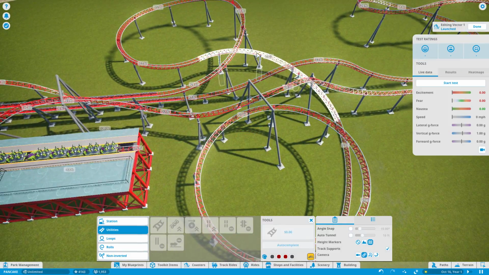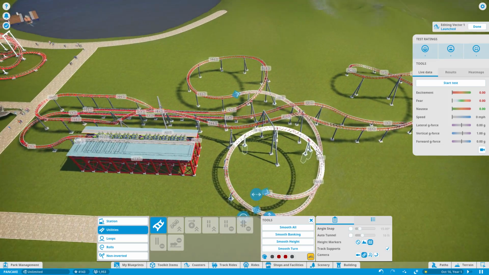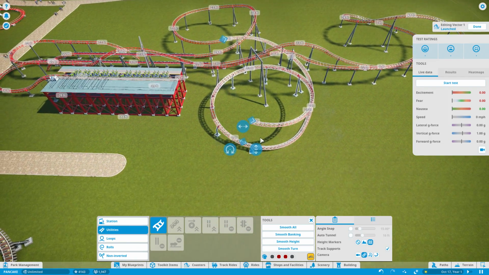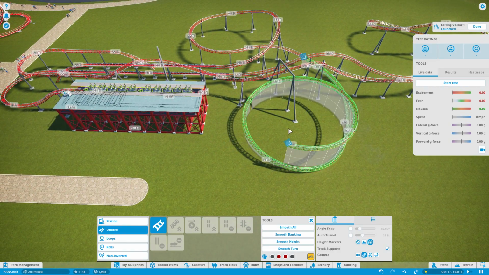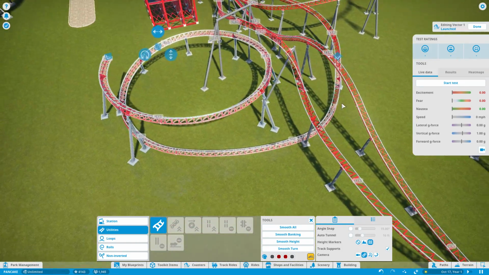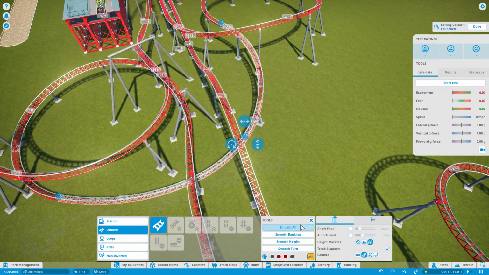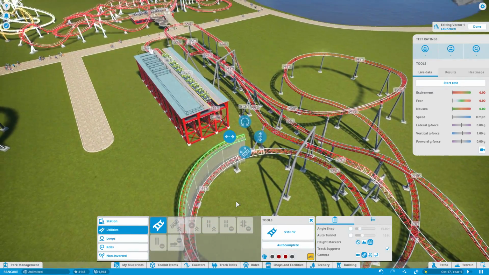Easy. So now with this, I'm going to select all this track, and hopefully push it this way. No. Why? Why do you hurt me? There we go. Then we'll just smooth this out. Good. And then hopefully...